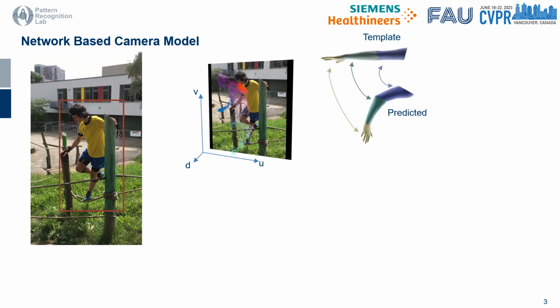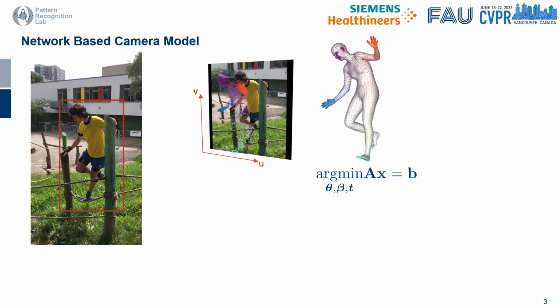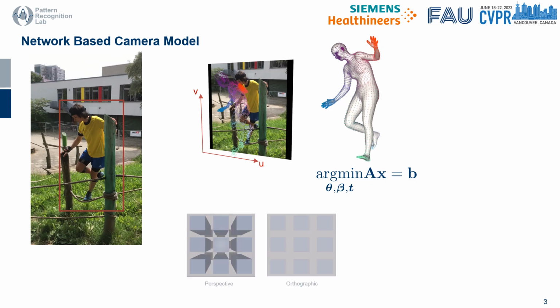Next, we utilize PLIKS, which operates on 2D pixel-aligned vertices, to determine the optimal pose, shape, and translation. This is accomplished by solving a least square system derived from linearizing the SMPL formulation and incorporating the initial rough pose. By employing this method, our approach is capable of effectively addressing perspective warping, making it suitable for imposing constraints